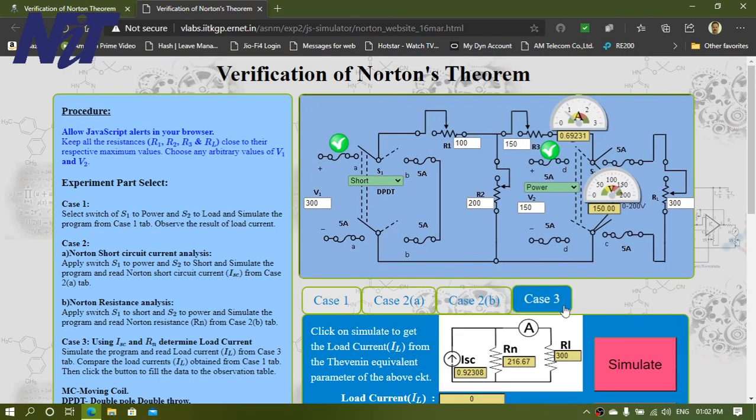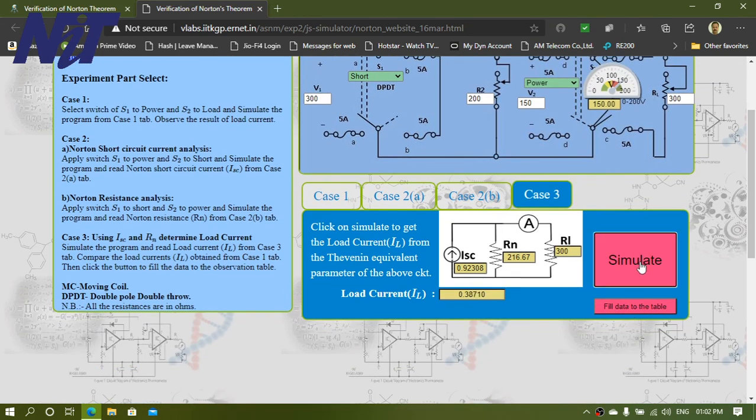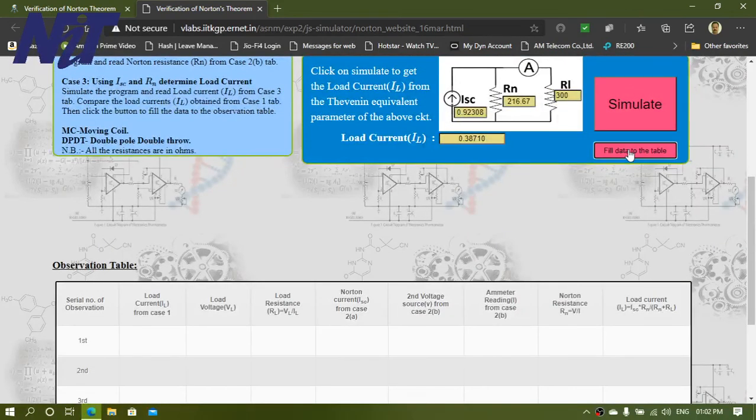Now case 3, just click on simulate. It will tell your load current again, and then click on fetch data. You will see that under the same condition, if you keep your resistances the same and change only the voltages, your short circuit current ISC may change, but your load current will be the same.